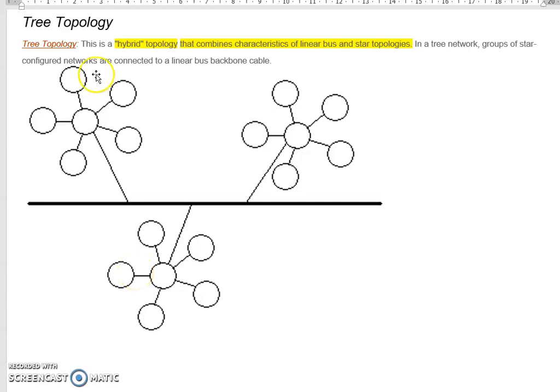The tree topology is a hybrid topology, or we can call it a hierarchical topology, that combines the characteristics of the linear bus and star topology. In a tree topology, this is the example. First, all the computers are connected to the central hub, which is the example for the star topology. Then this star topology is again connected to the